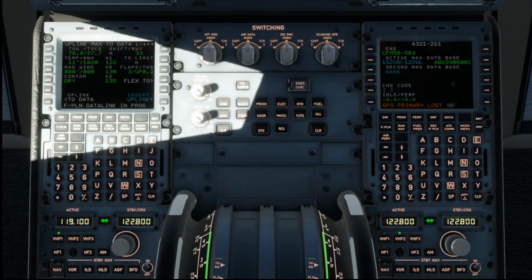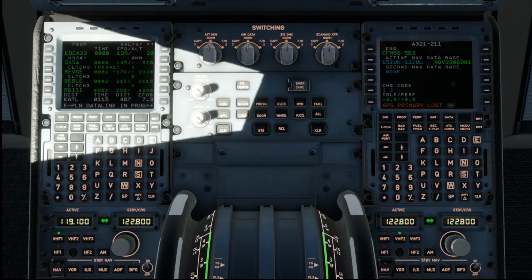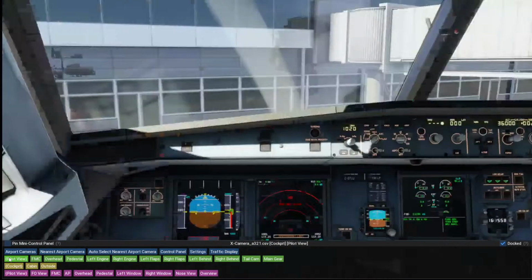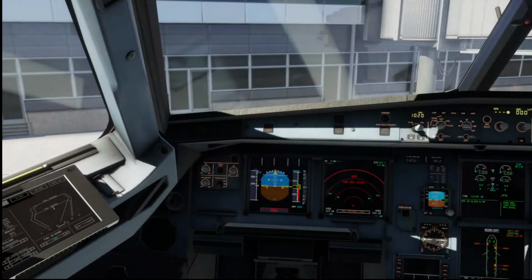Received, insert it. We're going flaps 3. Okay, that's fine. Okay, let me see if this will work. Passenger, to add some middle wheels into it.